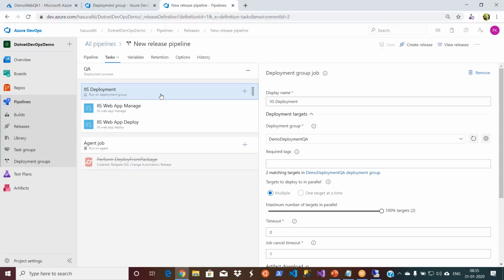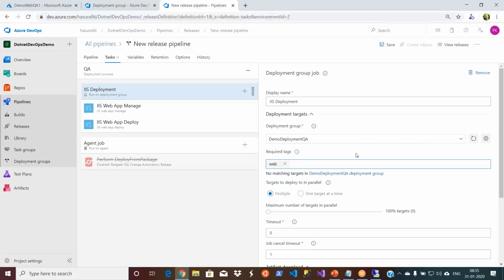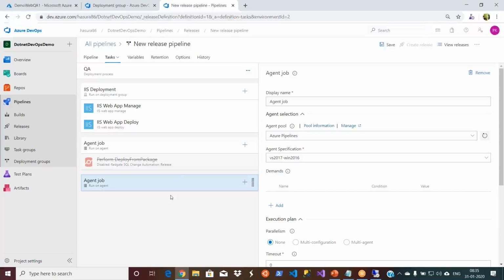Now if I go to my job here, I'll say web. You can say deploy to subset of targets in deployment group using tags, for example, web, DB. Now I only have the web server. Let us say if you have another API, how do you do it? You will go and add another job, and then here